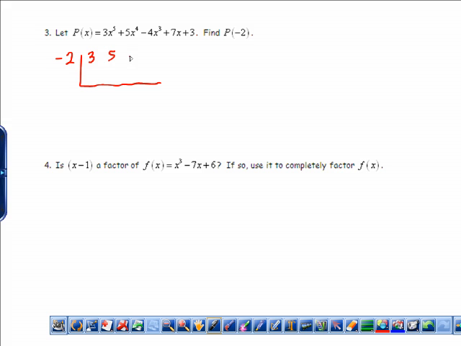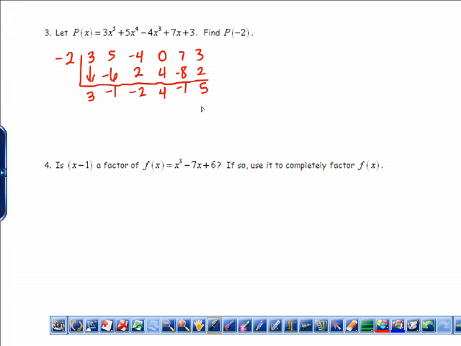You kind of have to just use your brain and think through, will it be easier to plug in the number, or will it be easier to do synthetic division? Now notice again that I had to put a 0 in. That's because the x squared term was missing. And we go through this process of bring down, and then you multiply, add, multiply, add, multiply, add, multiply, add,